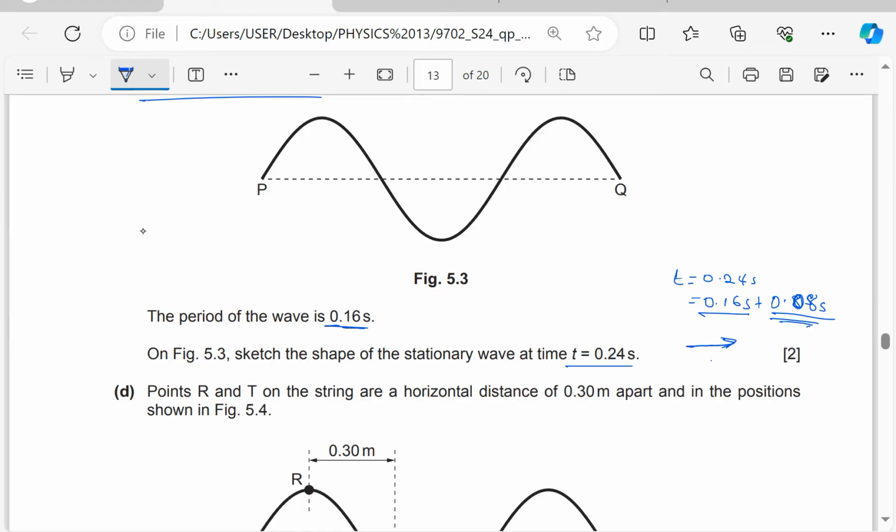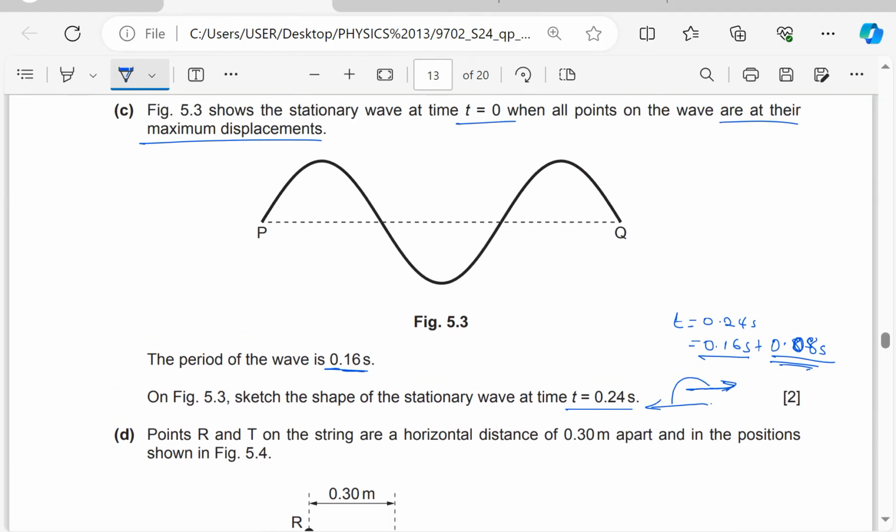So it means half a cycle to the left and another half a cycle to the right. This means we have a complete cycle apart, which means if at t equals 0 we have particles at maximum displacement, as shown in the figure,